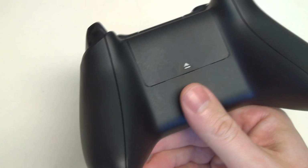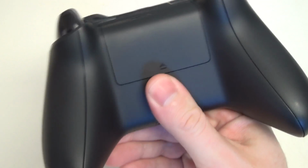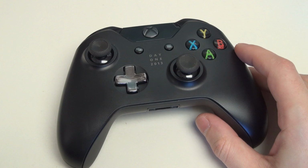And the worst part is, in the RMA for this, Microsoft gave me, no, they didn't give me a prepaid label, they gave me a regular label, so they expect me to pay to ship this back to get this repaired. So the show continues, folks, unfortunately for me, and I hate to be reporting about Microsoft in this light,